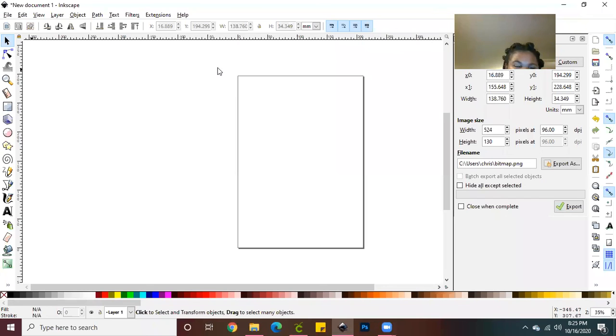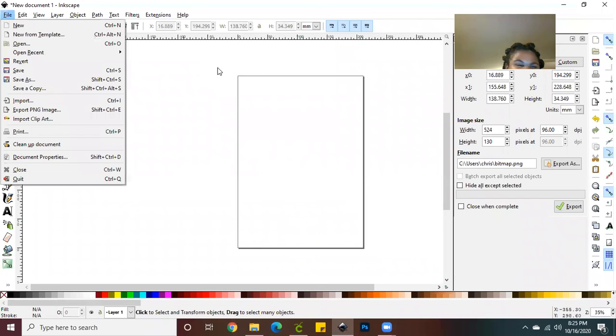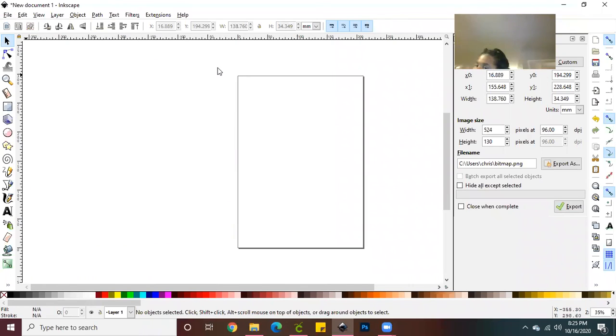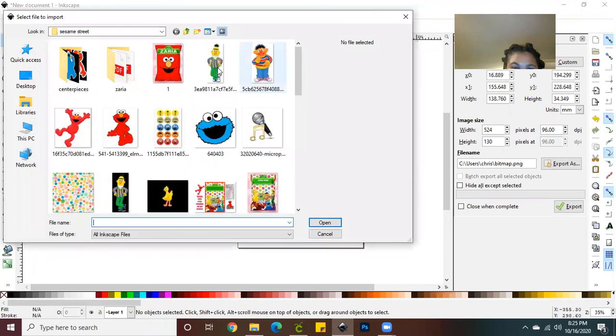You can either drag your character in or you can import it in. Either one works. But with this, you want to make sure that your image is clean. If you find out